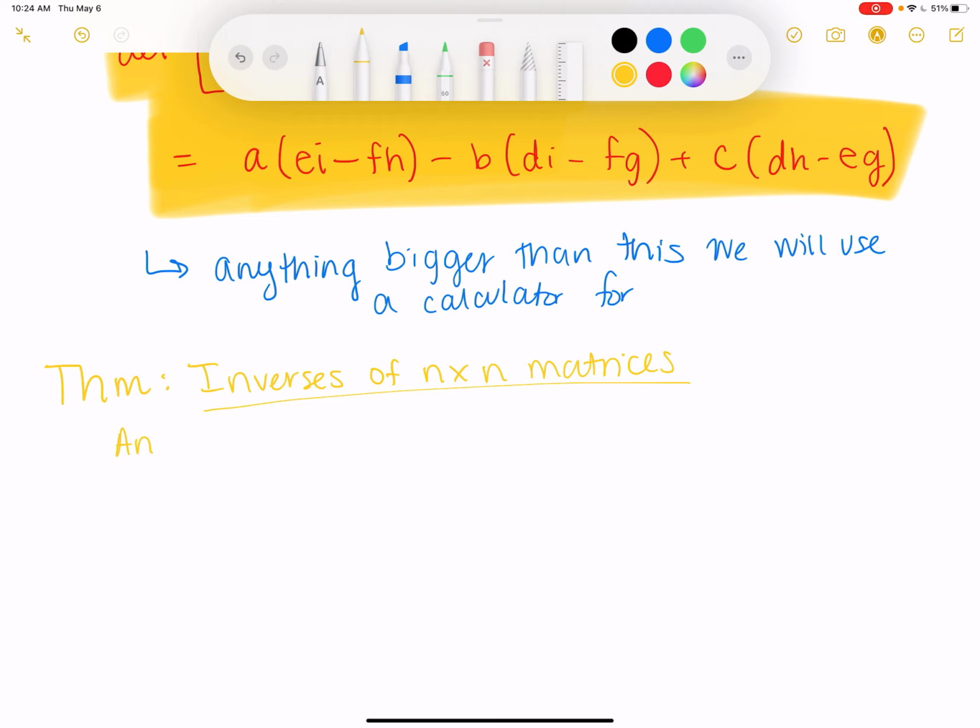N by n matrices. An n by n matrix A has an inverse